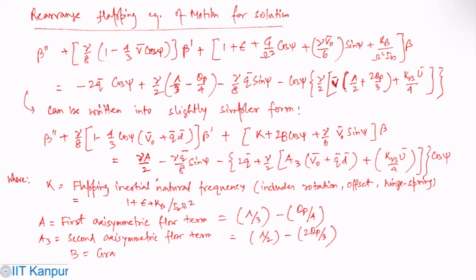B is the gravity term, which is g by 2 omega square, and d bar is the normalized yaw moment term, normalized yaw moment, which is d yaw by r. Okay,